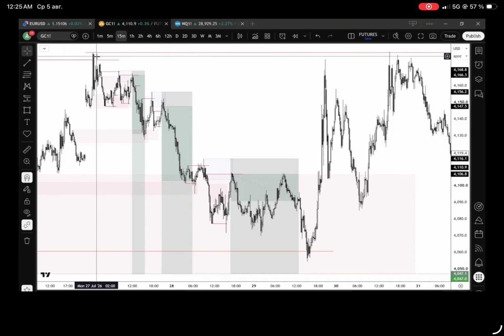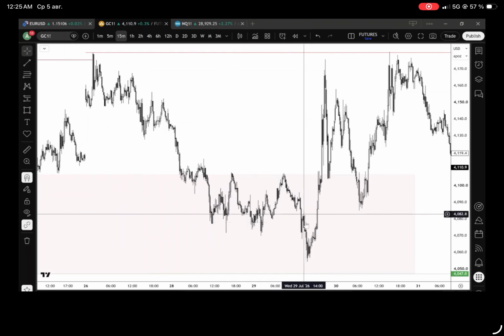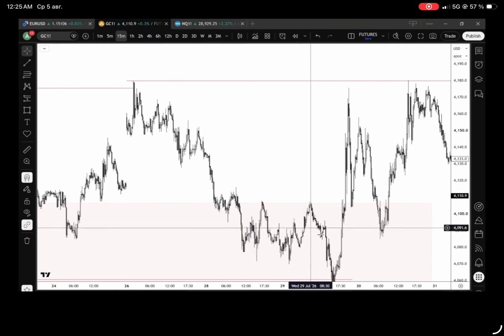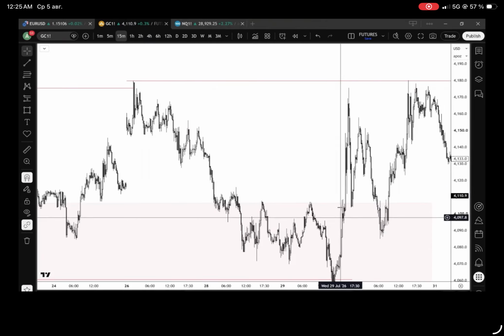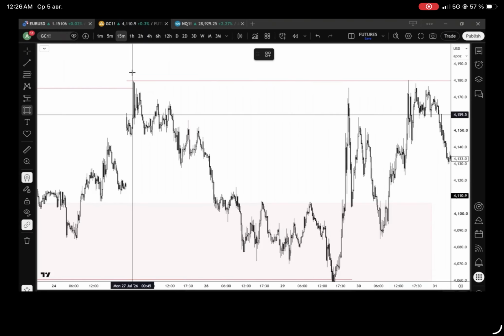Now, if I just clear, look at how this move here, by taking out these lows, what have we now done? We've induced sellers. Where are sellers looking to take positions? Look at how all of them just get trapped. And then we come to the extreme, we respect